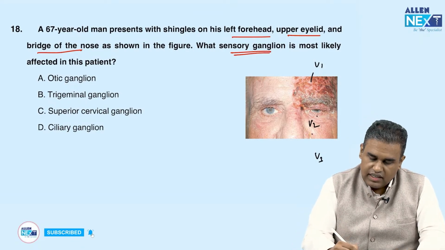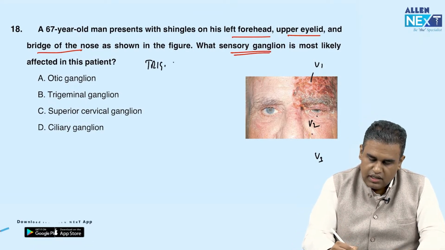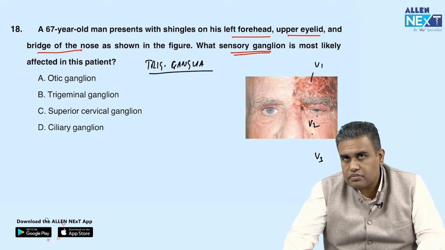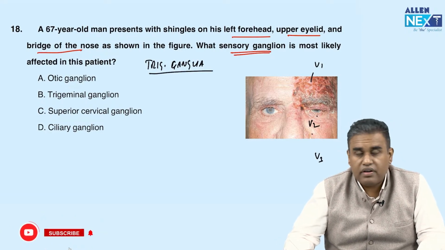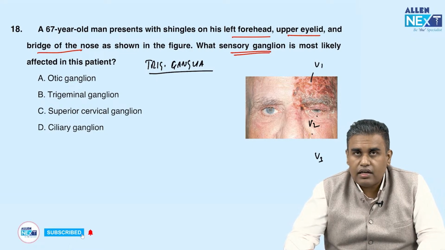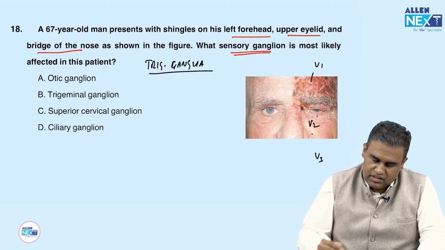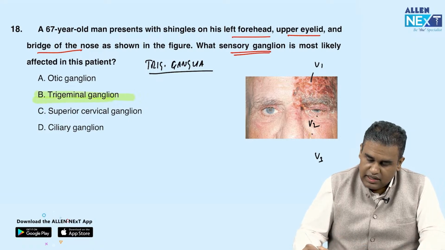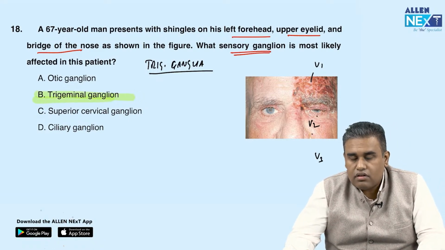Obviously, this is a trigeminal nerve, so we should have a trigeminal ganglia. There's that trigeminal ganglia over here, the semilunar ganglia, located near the apex of the petrous part of the temporal bone, a very big ganglia. So it's a straightforward question, but looking at the term ganglia, people might get lost about what they are